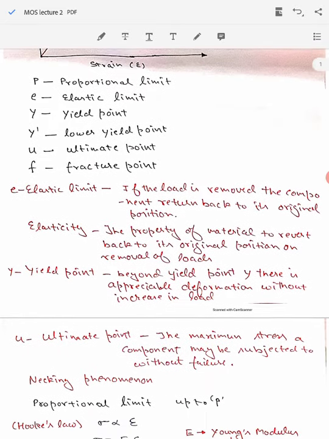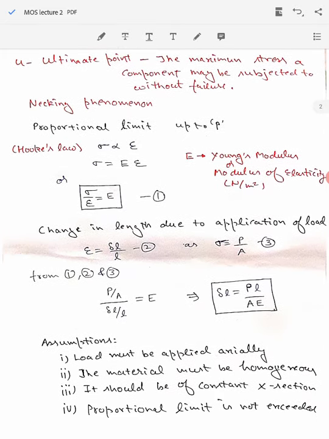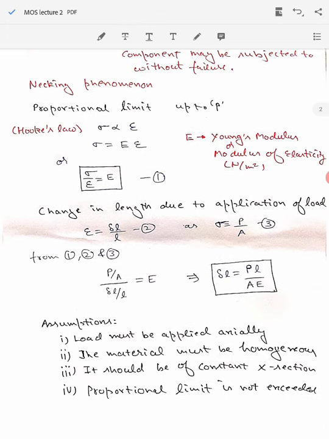Now from the straight line portion of the graph, we find that stress is proportional to strain. So by having a proportionality constant capital E, which is termed as Young's modulus of elasticity or modulus of elasticity, we can sum up this equation as sigma is equal to E times epsilon. This stress being proportional to strain is termed as Hooke's law,